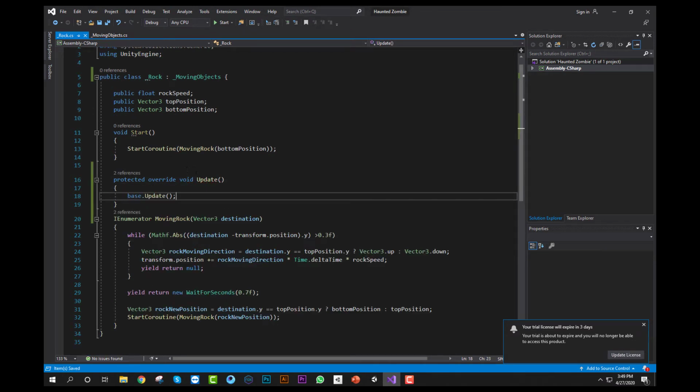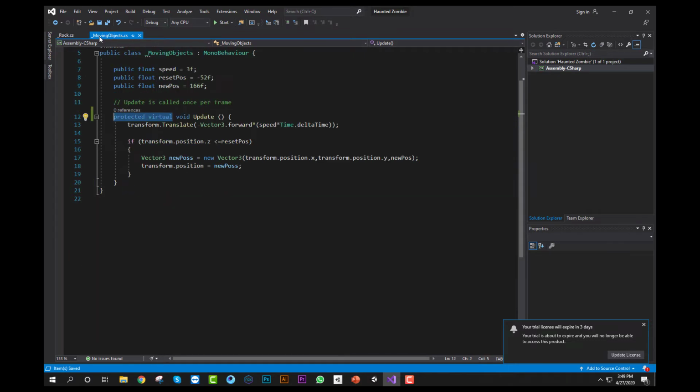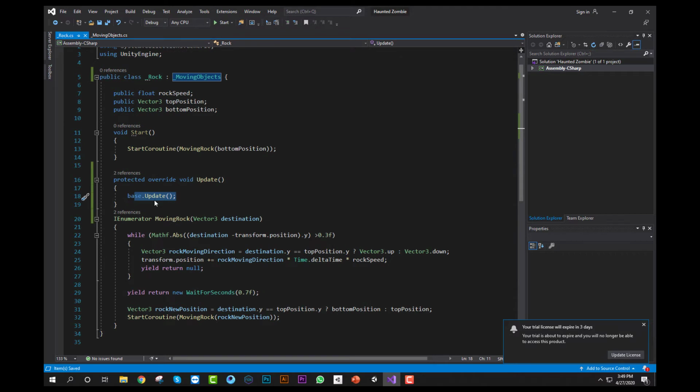Okay, you can see this statement. Base means the base class, and Update means the function of the base class. I want to access the function of the base class. So let's go to Unity and check it.